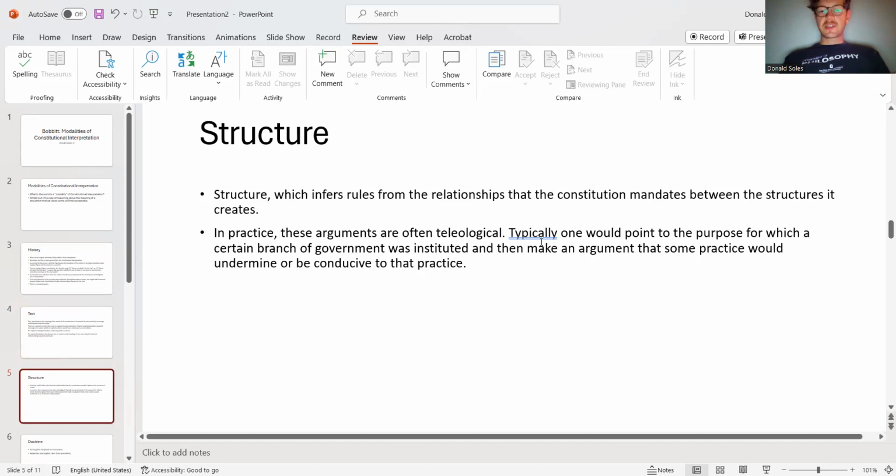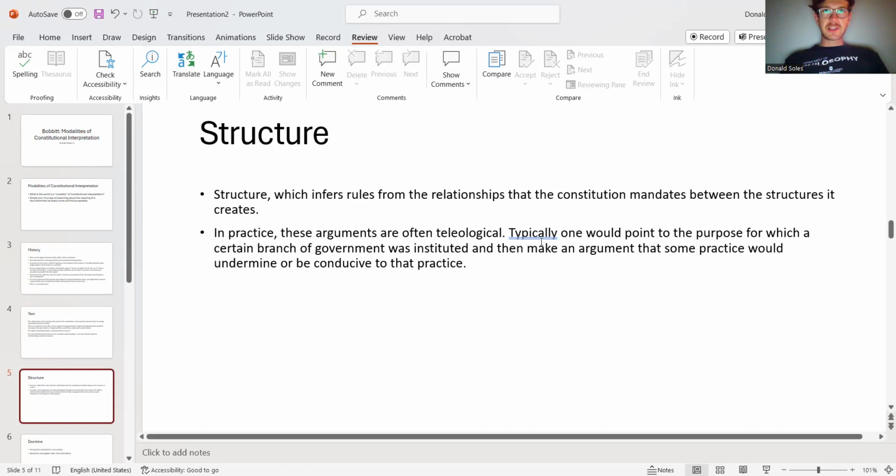So in the United States, for example, we have all these different parts of the government, right? Legislative, judicial, executive branches. We have federal governments and we have state governments. And we have all these divisions with respect to the government because they're all supposed to do different things. They exist as separate branches, as separate kinds of government, for a lot of different reasons. And if we could figure out what those reasons were, we'd be making an argument about the function, the proper function, or the purpose of the government.